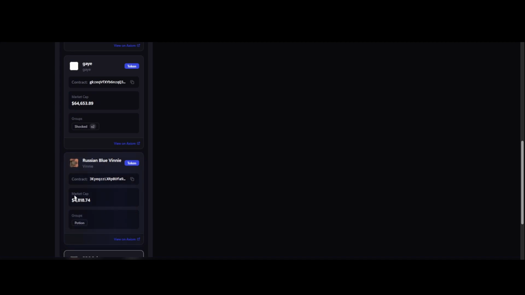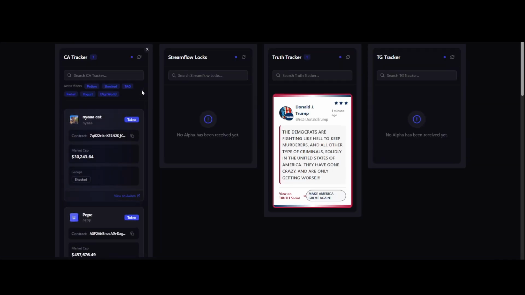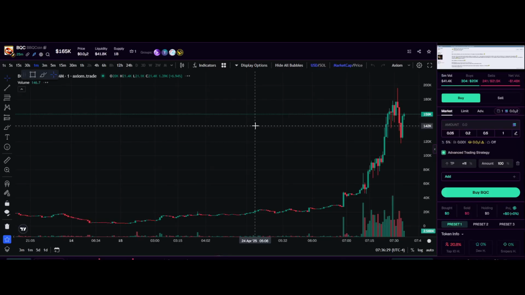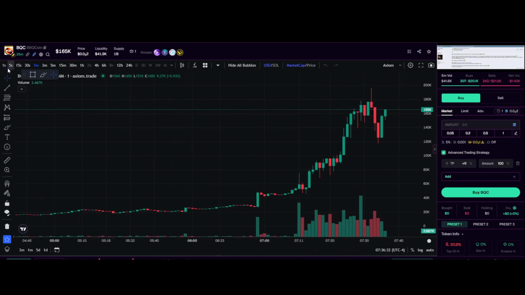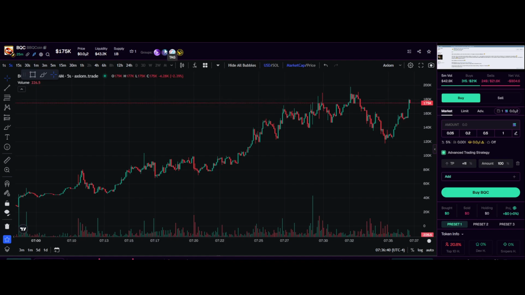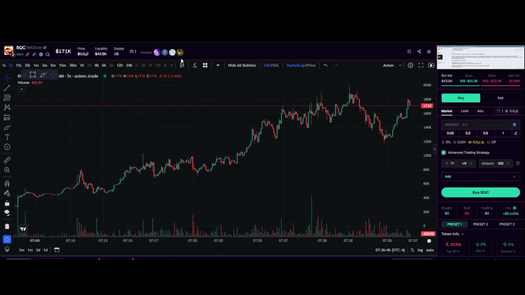And then these coins have different rankings. So if a coin just pops up and it doesn't really have much virality behind it in these groups, it will just show up as token. But if the coin has a lot of volume of movement, it'll show up as gold, and semi in the middle would be silver. As you see, the coins are moving. Put on a 5-second chart. See BBQ coin. Because of the extension, it shows you within Axiom the groups that it's being shared within.